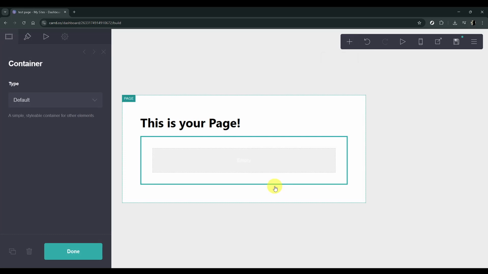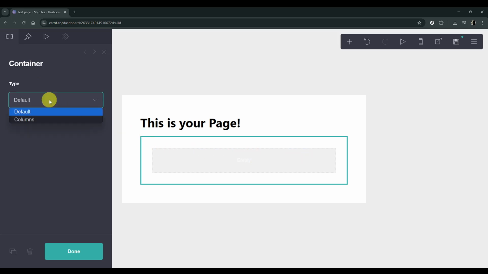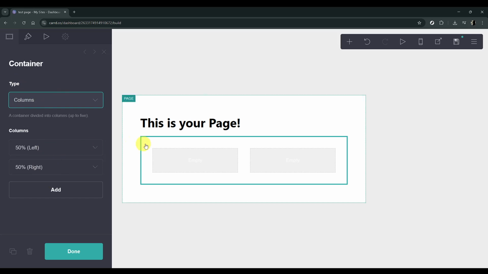Containers are a versatile tool in Card that help you manage multiple elements in a structured way. Next, you'll need to determine the type of container you want. For this, click on the drop-down menu labeled Type. This menu provides several options for how your container will behave. Choose Columns to continue. Columns are particularly useful when you want to place content side by side, giving your page